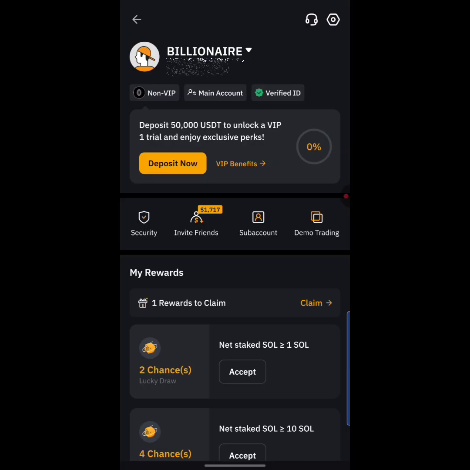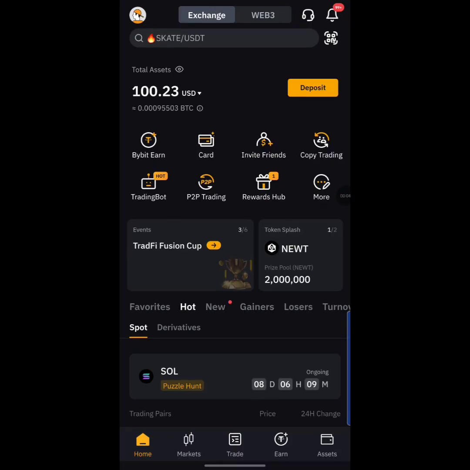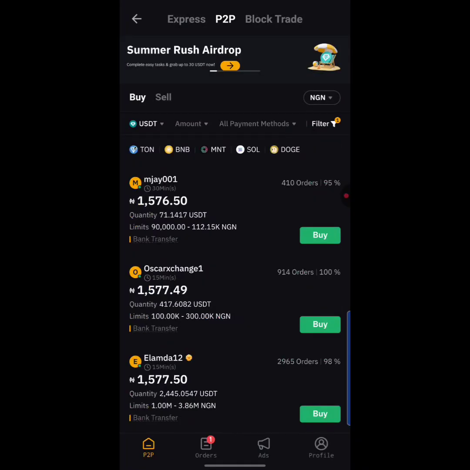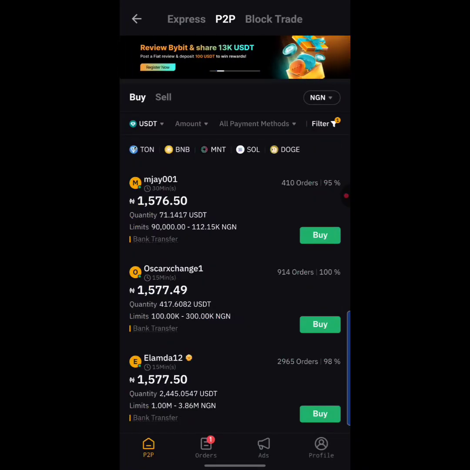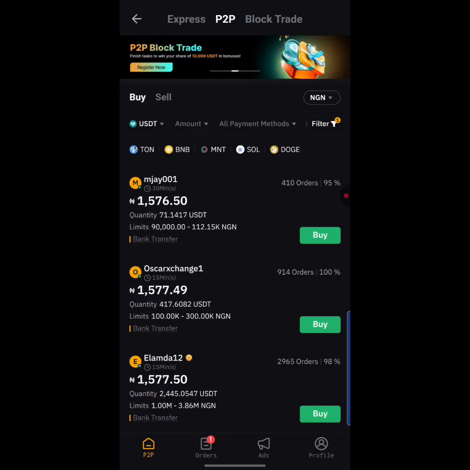Okay. So when you're actually done with that, your account gets verified, and boom, guys, the next step would be funding your account. Mind you, there are actually two ways to fund your account. The first way is using the Bybit P2P, guys. If I hit on P2P right here, it's going to load up. As you can see, there are traders right here who are buying and selling USDT. So all you simply need to do is buy USDT, and boom, guys, you can start trading using the trading